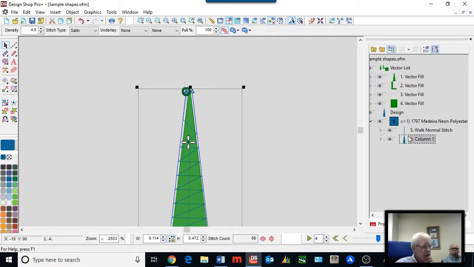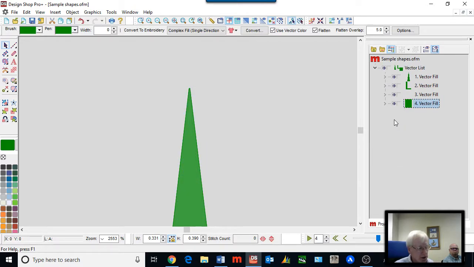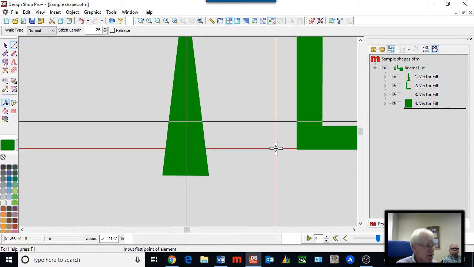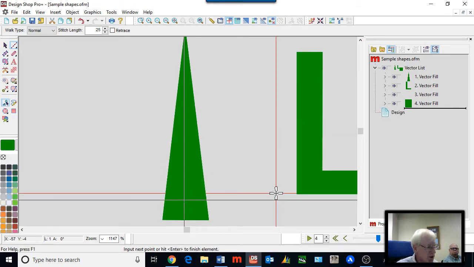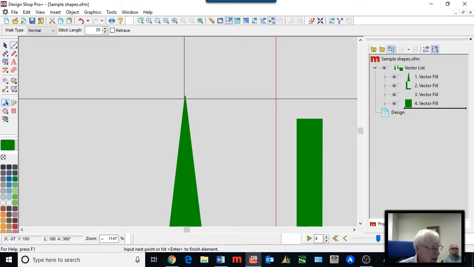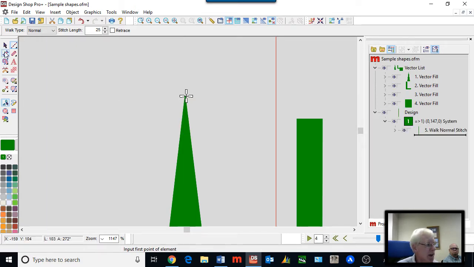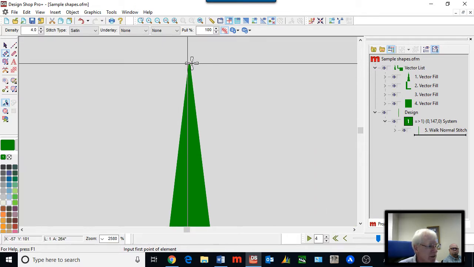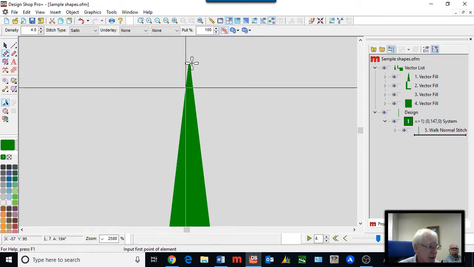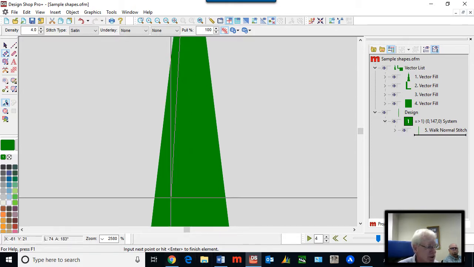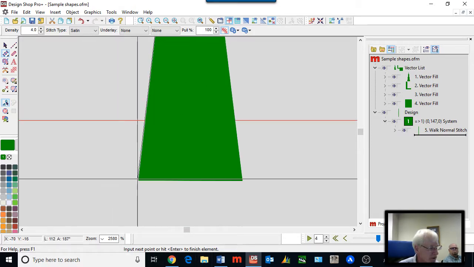The other way to do this, I'll show you my favorite, is say I'm walking, I do my underlay, I come all the way up to the top, press enter. Now when I start my column, I'm not going to start right here, I'm going to come down. It's only going to generate one stitch in that distance anyway, right? So here's 2 points, then I would finish down here,